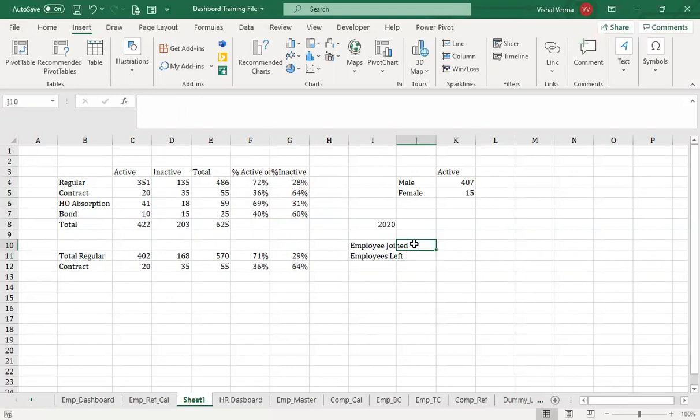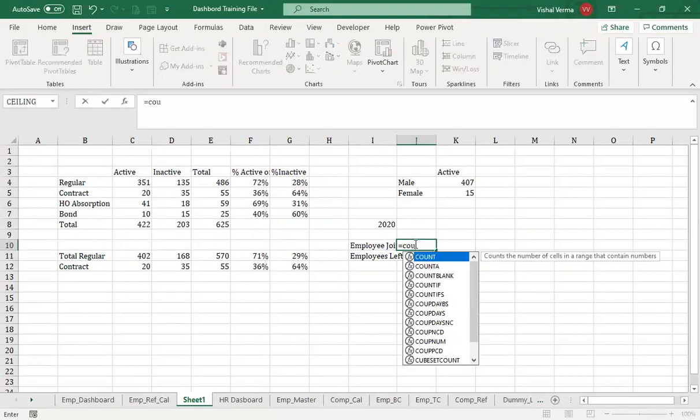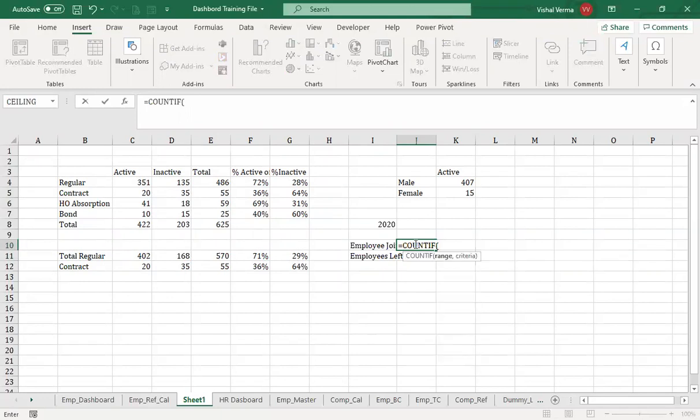The function is quite simple. It is the COUNTIF function. Throughout the entire process of making the dashboard, you will find that I have not been using any other applications, Visual Basic, programming skills or highly advanced Excel.